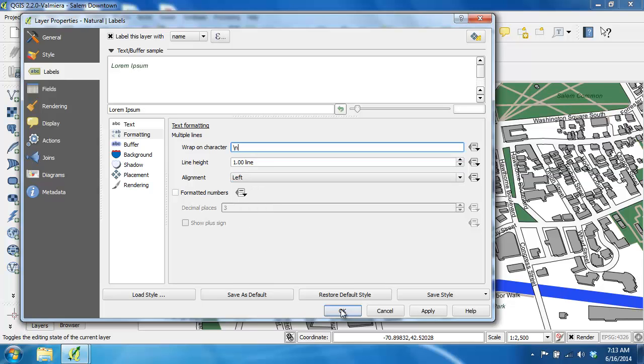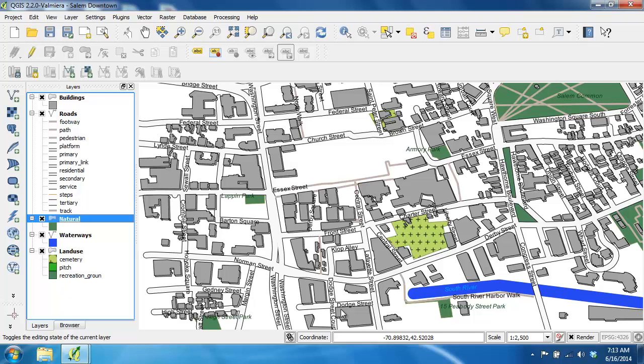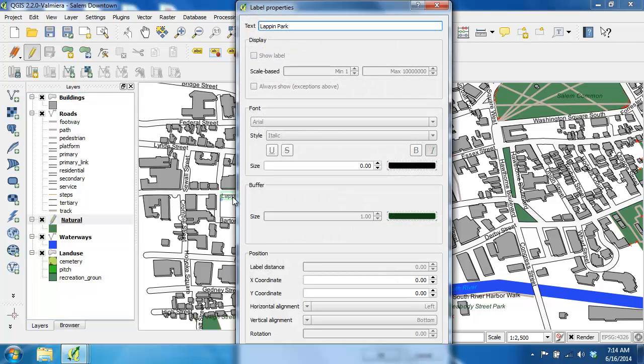So with the font size and wrap on text properties set, let's change the park's label to see how they work. So I'm going to click OK to close the natural layer's properties. I'm going to start editing on the natural layer, and on the labels toolbar I'm going to click the Change Label button. With that selected, I'm going to click on the Lappin Park label here, and that brings up the Label Properties dialog box. I'm going to change the following label properties. For the text, I'm going to delete the space between Lappin and Park and put \n. For the font, I'm going to change that to size of